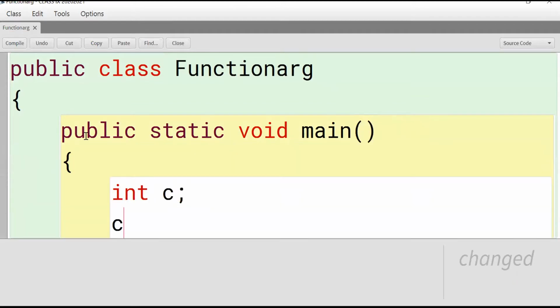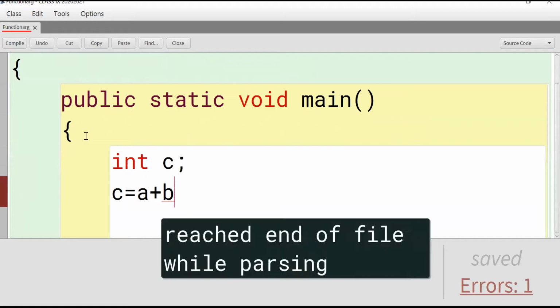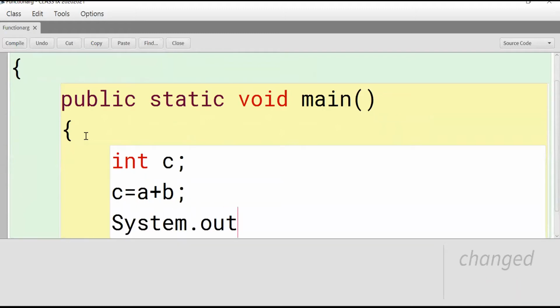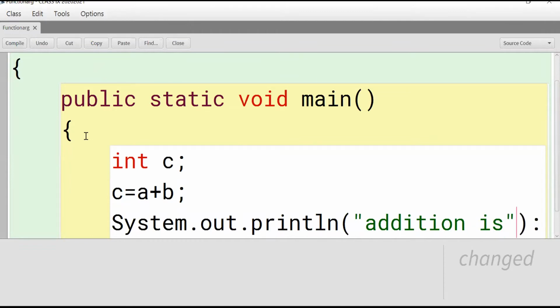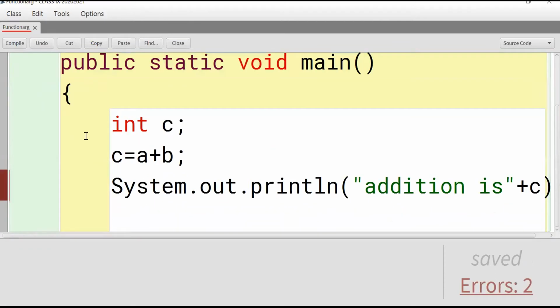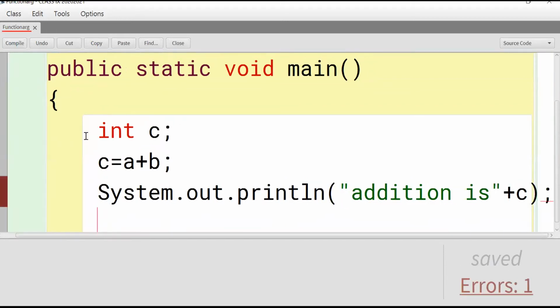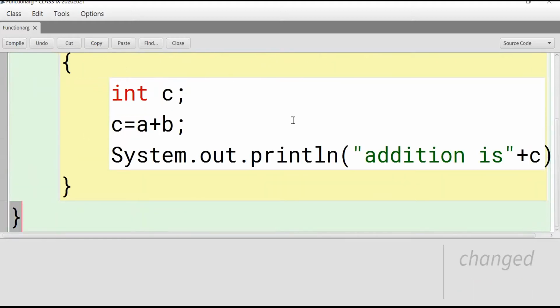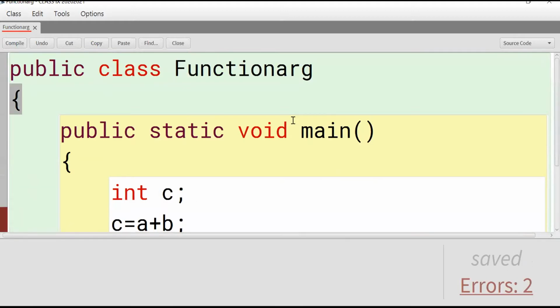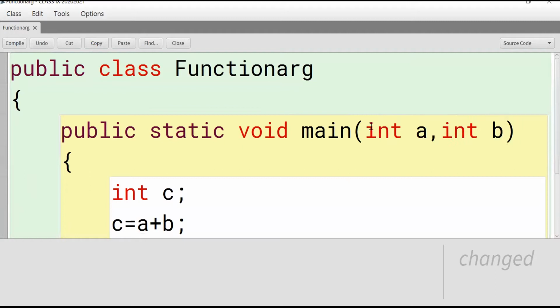So C is equal to A plus B. Close main, close class. Here two arguments we have to pass for addition of two numbers, separated with a comma. Now compile.